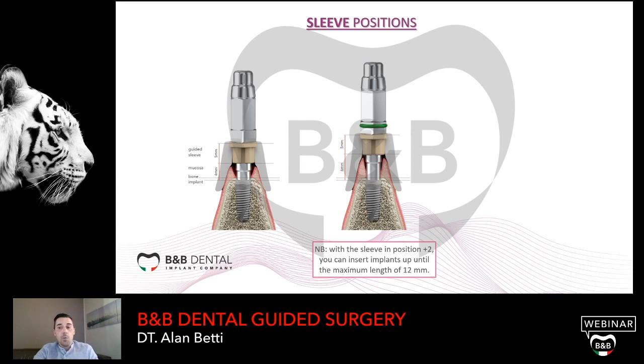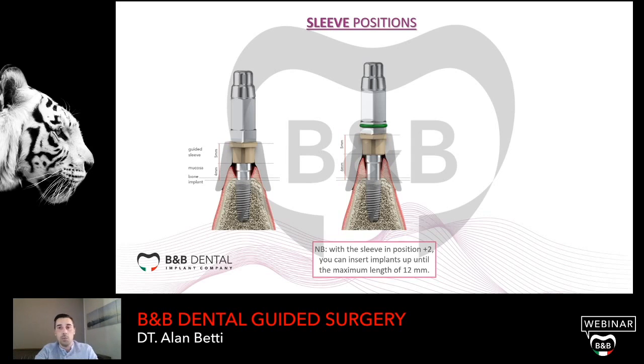So that we remove the sleeve from the collision, but we have to use a drill 2 millimeters longer than the normal sleeve in position 0, to obtain the same length of the osteotomy, and we can put into the bone